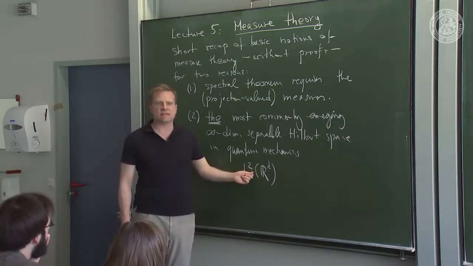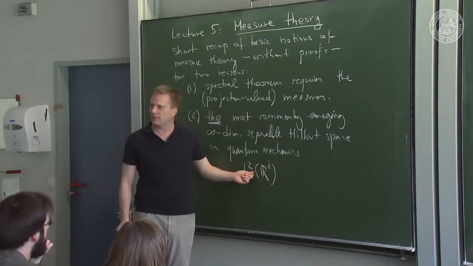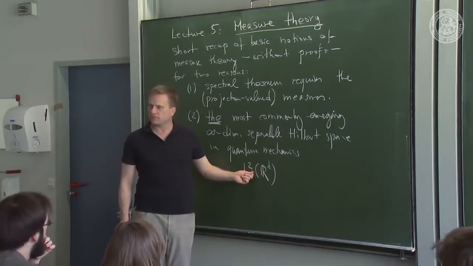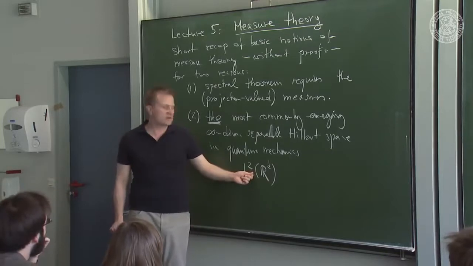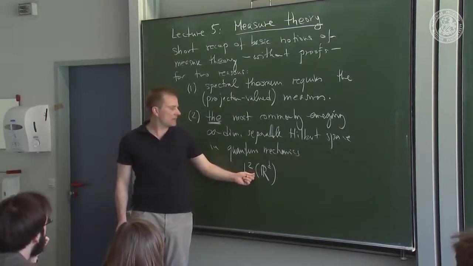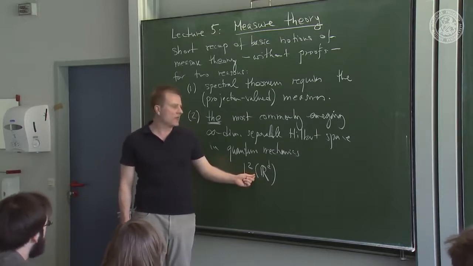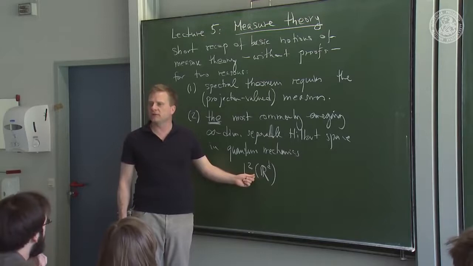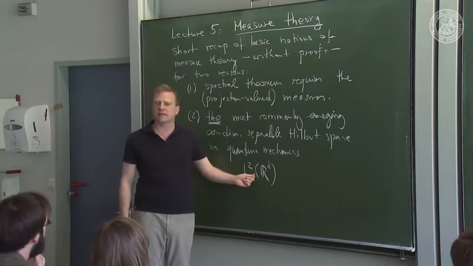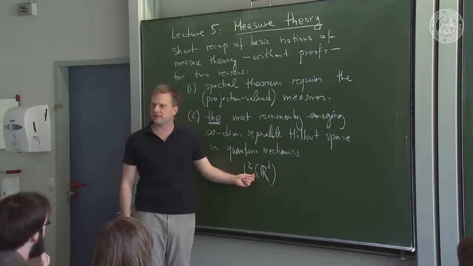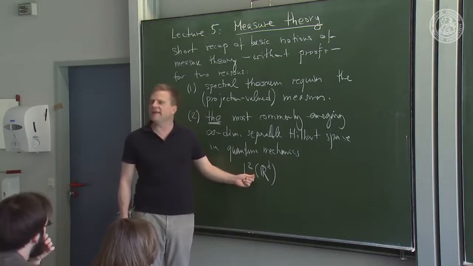That's the first thing. And the second thing, if I say square integrable, it is not square integrable with respect to the Riemann integral, but with respect to the Lebesgue integral. And that makes all the difference. You probably did in mathematics for physicists a number of theorems telling you under what circumstances you can exchange integrals and limits, or integrals and sums and so on. And you know that if you use the Riemann integral, you have rather strong conditions like uniform convergence and stuff like this. Well, the Lebesgue integral heals this.